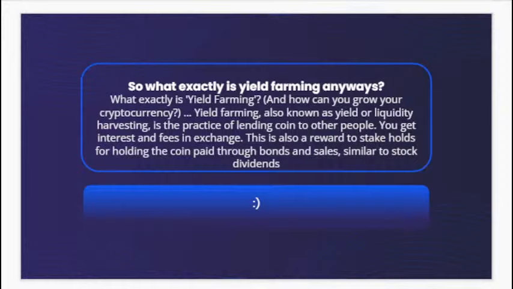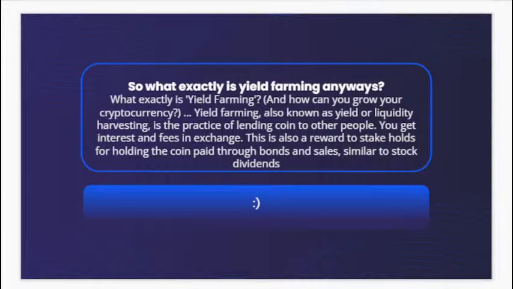It's the practice of lending the token to other people. You get this interest from fees in the exchange, as well as profits from the actual treasury itself. So yield farming, when you're staking your token, you're taking kind of like a stock bond with having a dividend payout. So when you're holding that token and you're staking it, you're essentially receiving a portion of the profits from the bond contracts and the transaction fees when you're staking the token